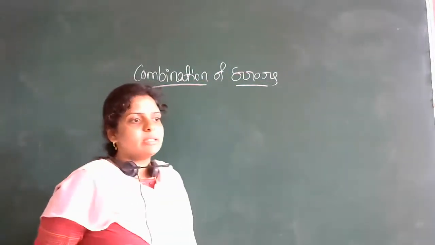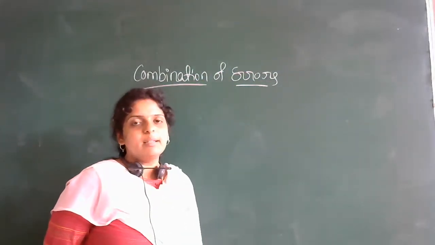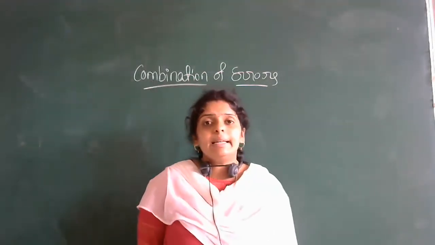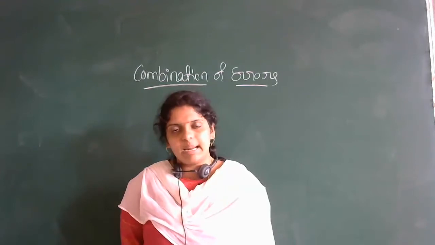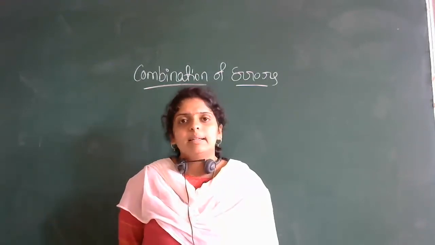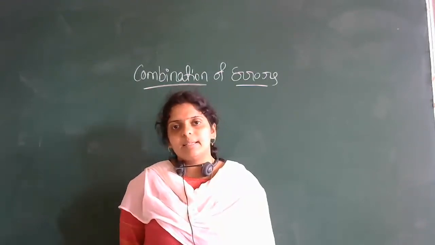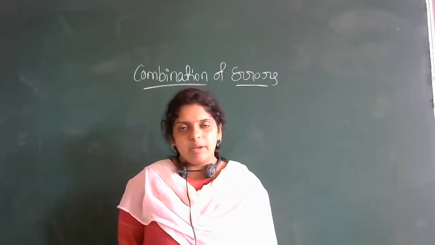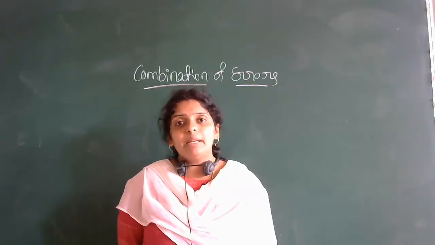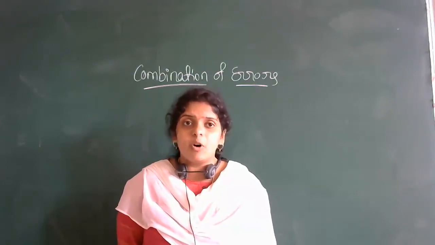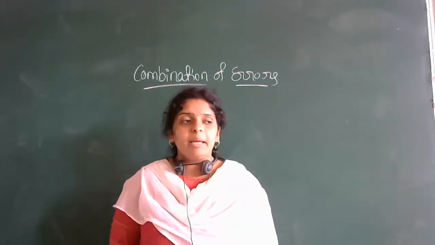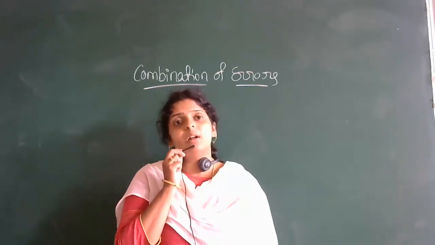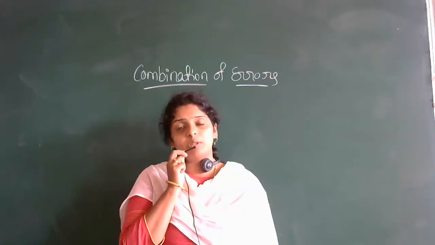So next concept is combination of errors. What is this combination of errors? Till now you have seen only single numbers, right? Suppose the terms are like A1, A2, A3, separate terms. That is how to express the error you have studied. Now you have combination of errors. In case of combination of errors, either it may be in the form of addition or subtraction or multiplication, or in the form of ratios or to the power.